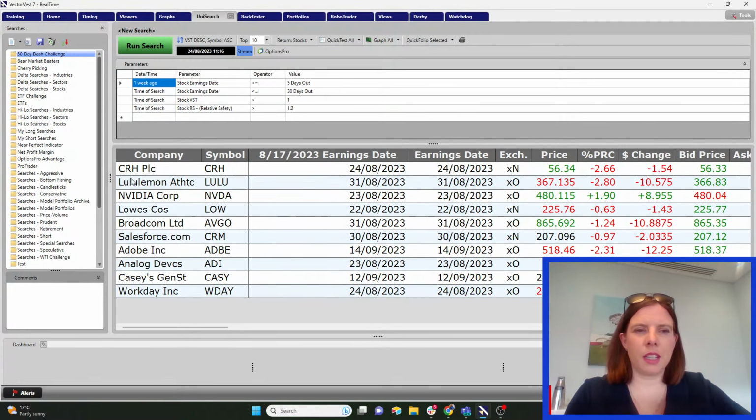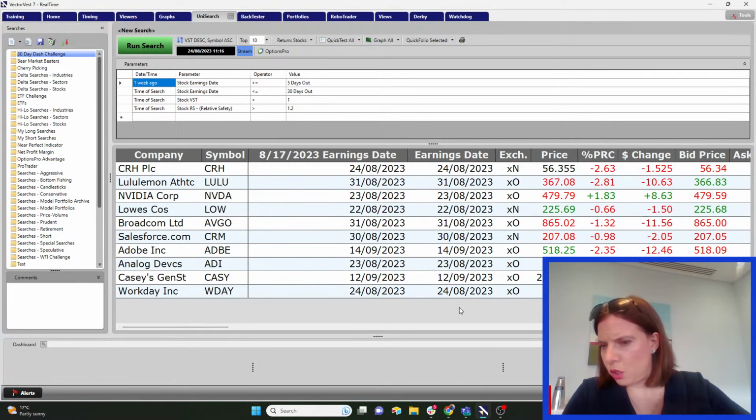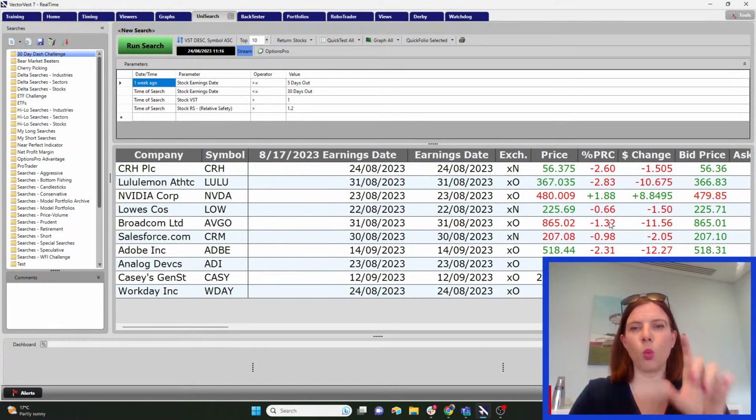Okay, so we can see here now we have RH in here. They're reporting their earnings today. We have Lululemon, again reporting their earnings 31st of August. We have NVIDIA, who reported on Tuesday. We have Lowe's, we have Broadcom, we have Salesforce, we have Adobe, we have Analog, we have Casey's. Okay, Workday is also out today, right? So we can see here, certainly all of these prices are live,